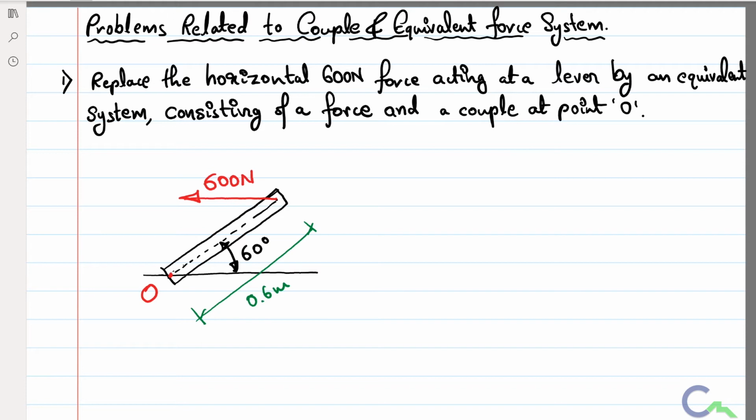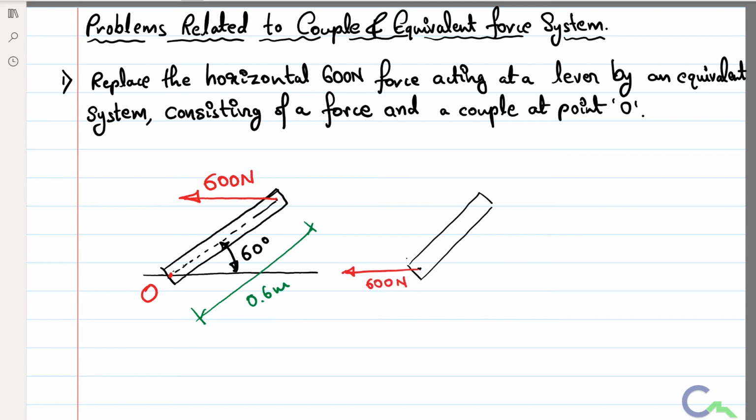If I am going to shift any force from one point to another point, I have to introduce one couple to balance that system. So in this case, they gave that you have to shift the force, that is 600 Newton, to a new point, that is O, with one couple. So the work is very simple. I will draw that lever again. I have to shift that 600 Newton force here, 600 Newton.